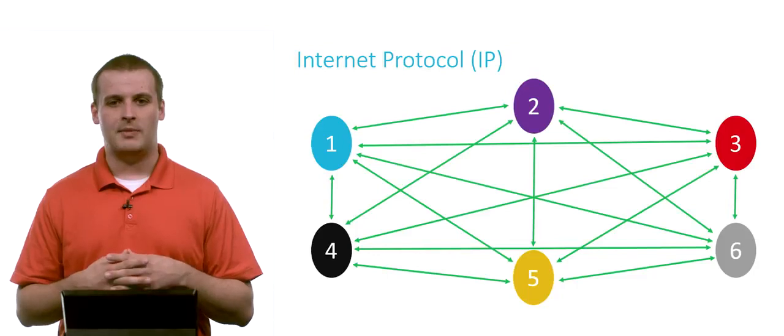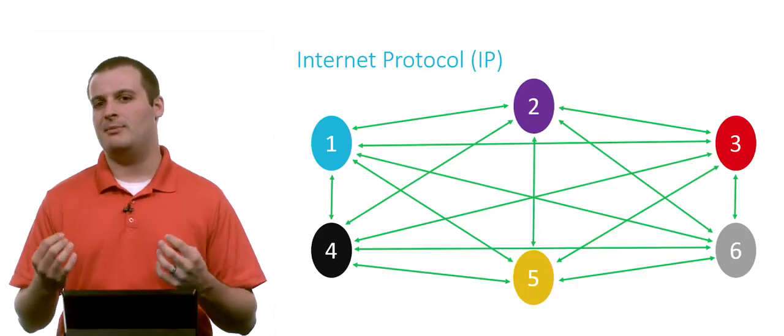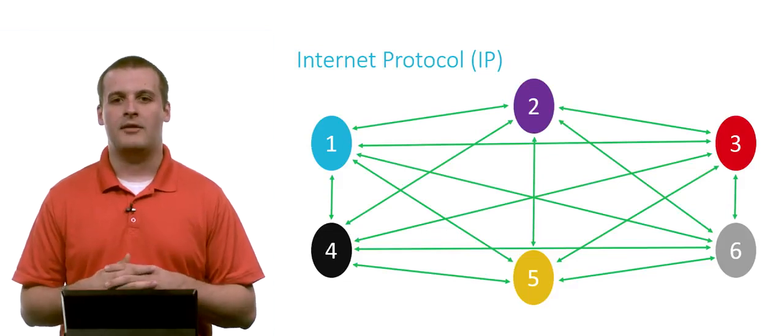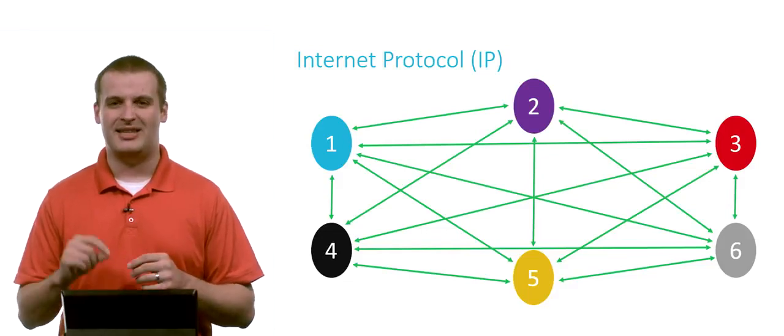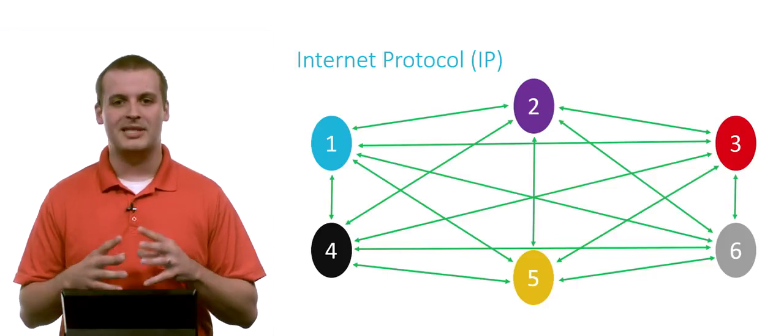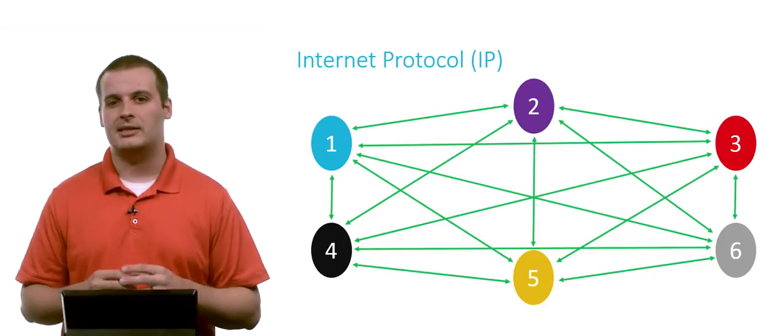So this was the diagram we had before. This was the system that was not sustainable. Even with 6, this might be OK, but if we get to 10 or 20 or 50, we're going to be laying a lot of wires. And 50 is still not even the tip of the iceberg as to the number of networks we have. So this model is unsustainable. We can't stick with this.